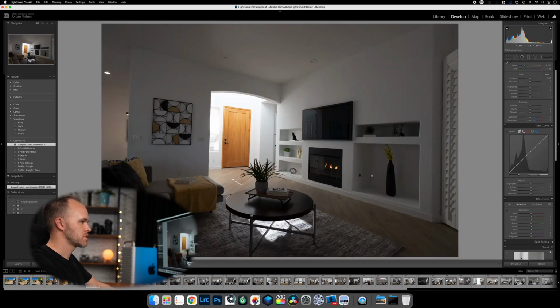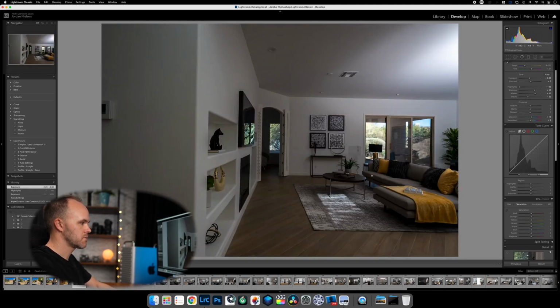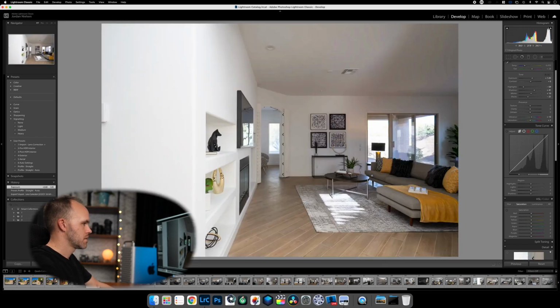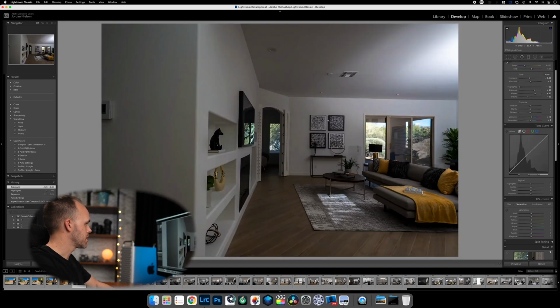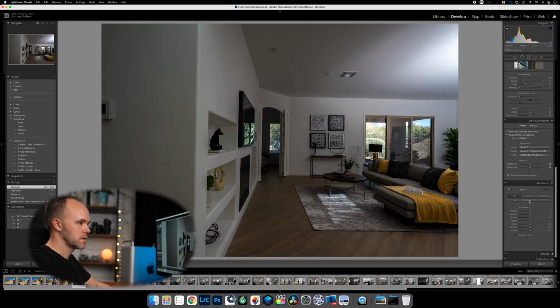But this one I think was shot at probably close to a -3. And clearly these two images don't line up, so I'm gonna have to auto align unless I just accidentally